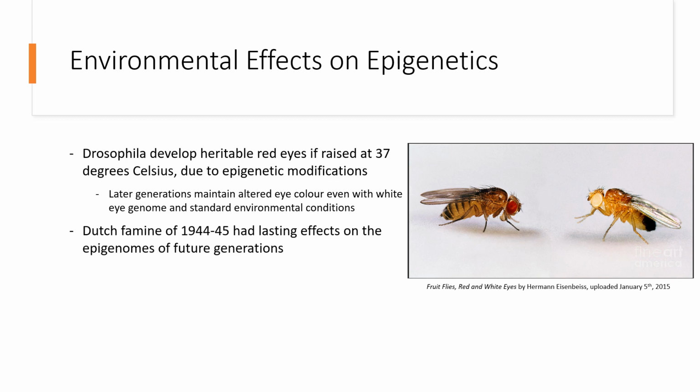Another example of this comes from the Dutch famine of 1944 to 45, where after an extended period of undernutrition, women gave birth to children who experienced higher risks of a myriad of diseases and were also likely to be born smaller than normal. Most interestingly, however, when these children, who grew up without experiencing famine, had children of their own, those children were also smaller than normal as a result of lasting epigenetic changes from their grandparents' experience in the famine from decades before.